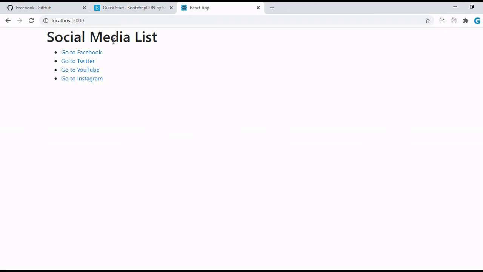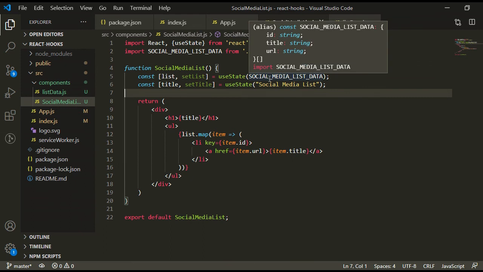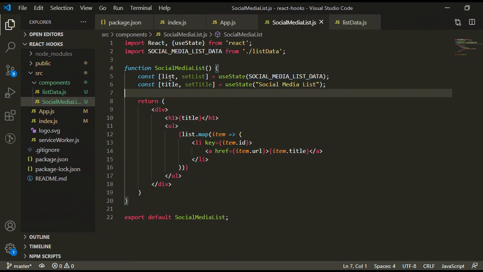Now here you can see social media list. This is our heading. So friends, here you can see the difference of the current state values. I have given an array of objects to the state list, but for the title I have given a string.